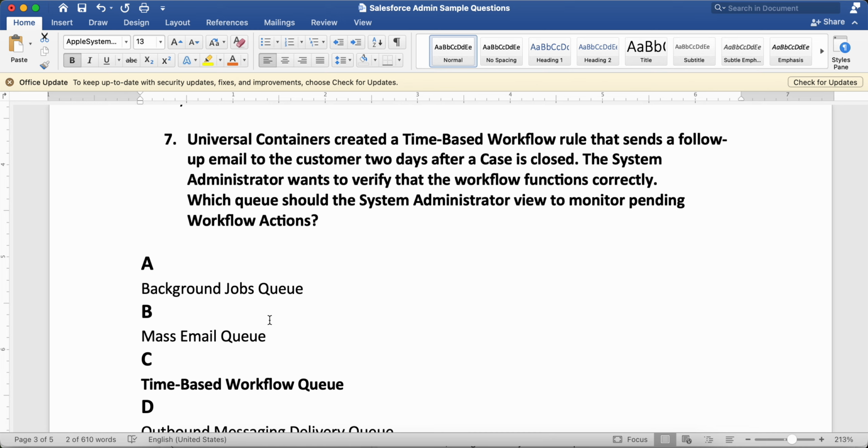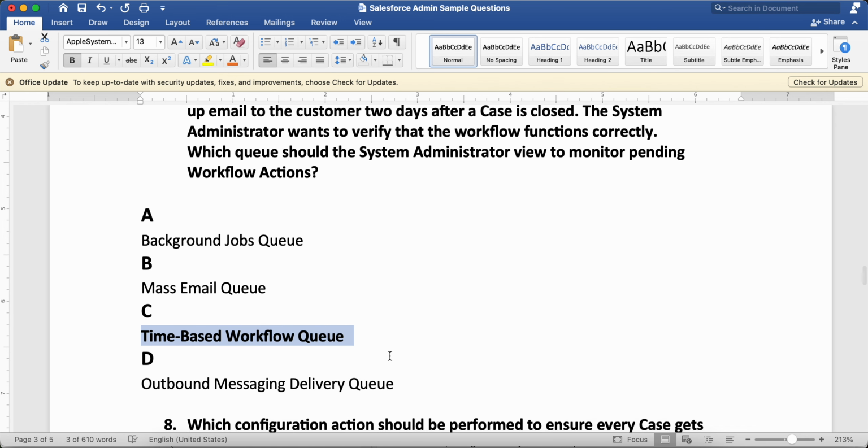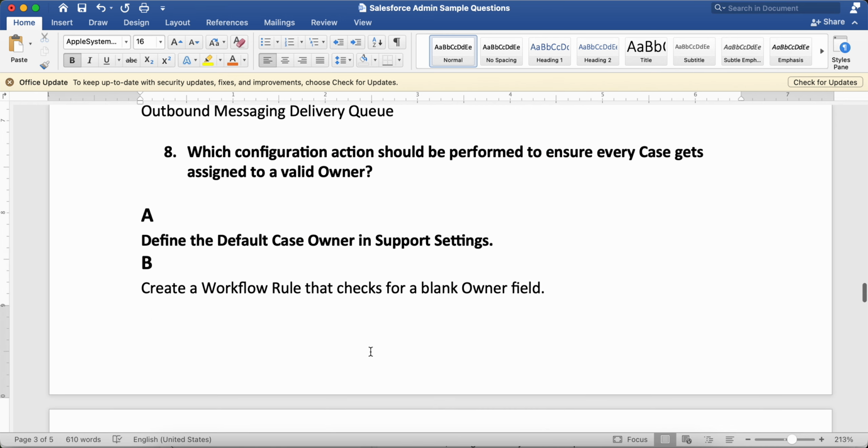Okay, so we do have a queue with the same name, which is known as the time based workflow queue. So the system admin is going to check in this queue, because it has all the pending, everything which is time based, as the name is saying. So the system admin can go and check here.